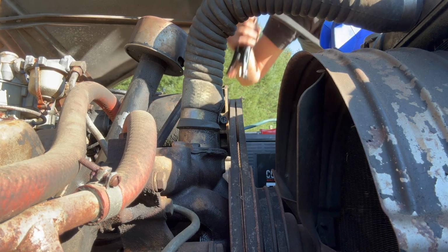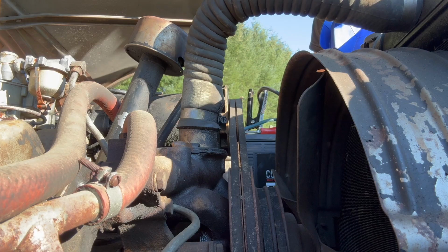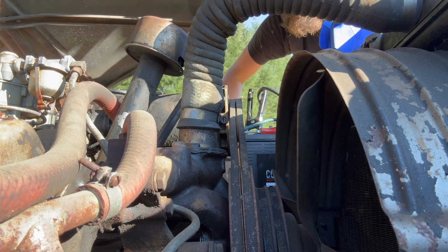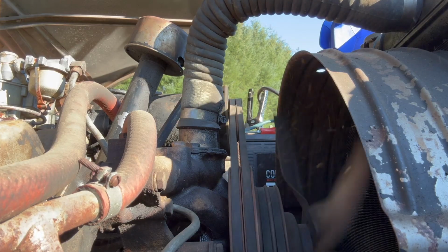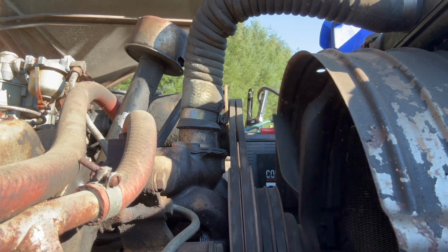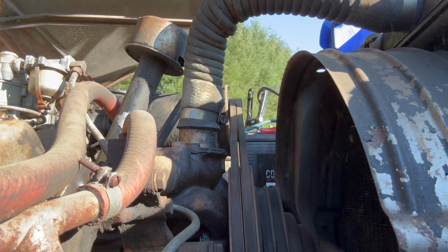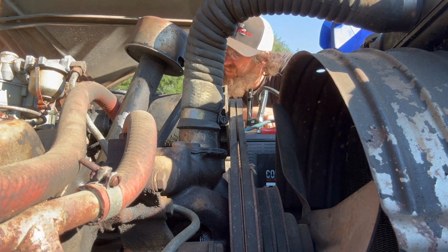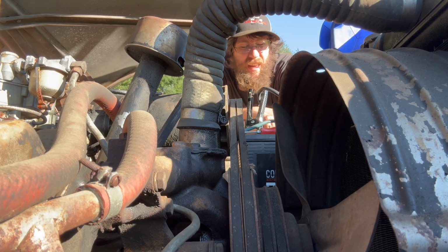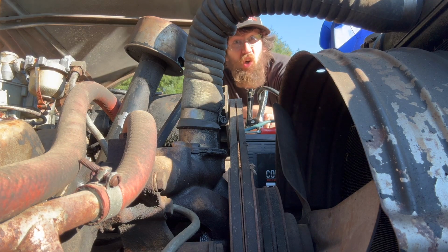Positive. Negative. Hopefully no smoke. I think we're good. Maybe. See? It loves 12 volts. For some reason the wipers turned on and they won't turn off. So that's cool. The good news is the wiper motor works. The bad news is it probably won't work for long. Anyway,